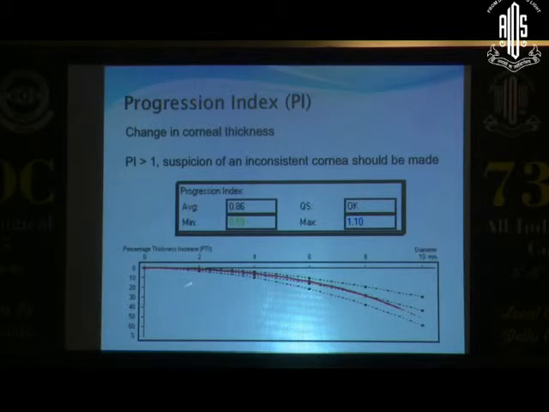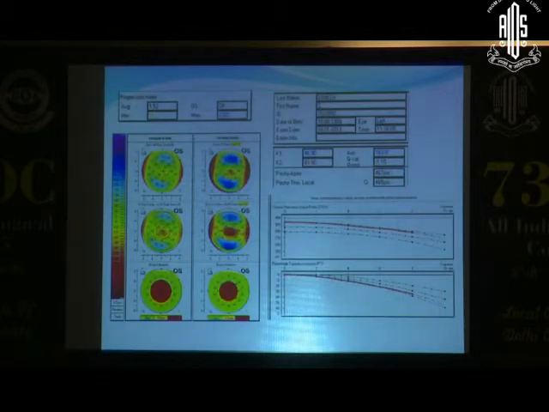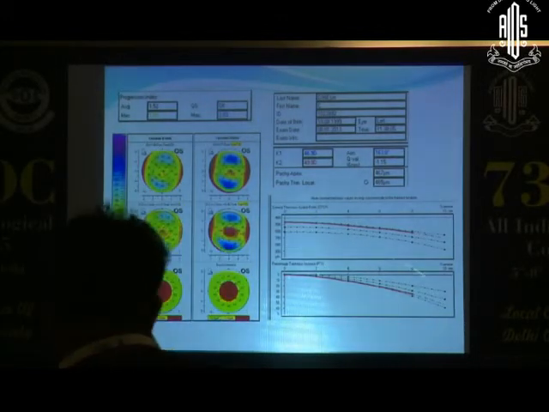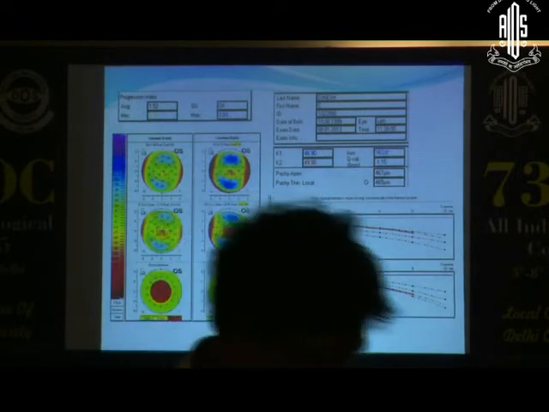So this is the progression index, which also indicates a similar graph, that the percentage thickness increase from the center as we move to the periphery is a very gradual slope. Here again, they pay particular importance to the zone between 2 and 6.5 millimeters, and beyond 6 mm, if the red line drops out of the standard deviation, it is not as significant. The progression index, again the average value, minimum and maximum, and a progression index of more than 1 is suspicious of an inconsistent cornea. So here again you have a cornea where both the anterior and posterior float show the red zone on the enhanced best fit sphere, and you have both the percentage thickness increase and the CT PSD almost running on the borderline.